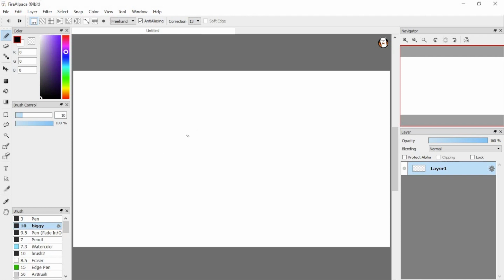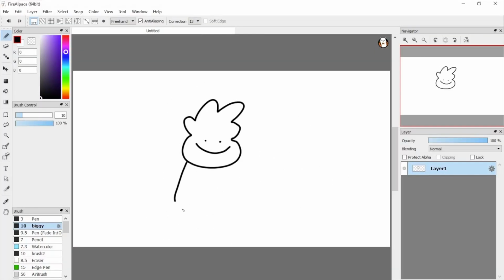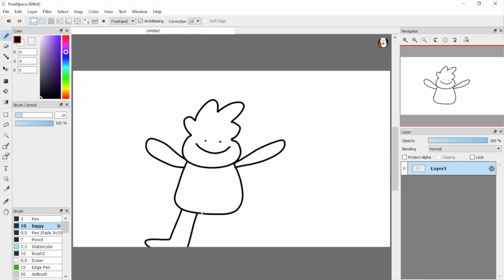Since you know the basics now, we're going to start drawing our frames and then turning it into an animation. Now this part doesn't really matter what you draw, but for this I don't even know what I'm drawing. It's just some random mistake. I kind of just let the pen take control and just start drawing, and you'll end up with something, but it'll be your own piece of art. Okay, once you're done drawing,